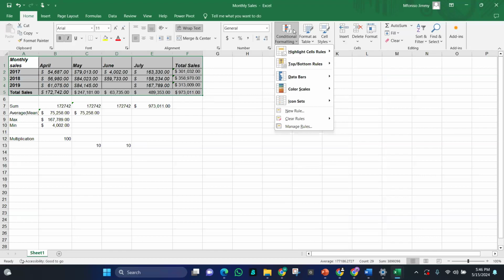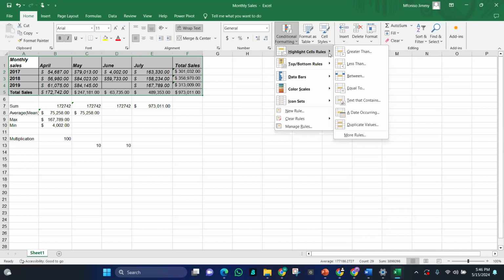So in this case, what do we want to highlight it with? Let's say we want to highlight the sum that is from $100,000. Anything beneath 100,000 will not be highlighted.